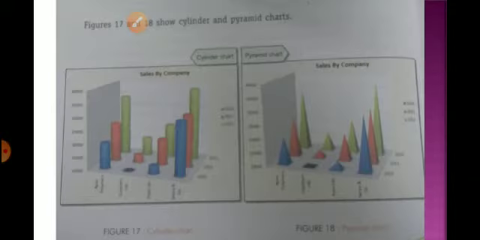Okay children, I hope you all understood this topic. In this lesson we learned what is a chart and what are the different types of the charts, as well as the variations of chart also. All the charts have no variation, but some charts have some variation. Okay, column chart, bar chart, pie chart, these charts have some variation.